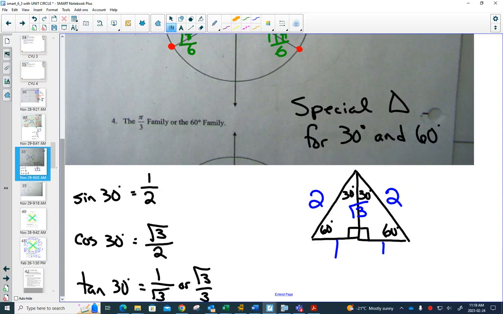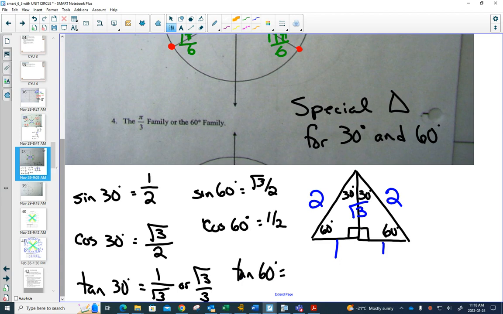And we can also write sine of 60 degrees, √3/2. Cos of 60 degrees, 1/2. And tan of 60 degrees, √3/1. So with one triangle, duplicating it, we can create the special triangle for the 30 degree and the 60 degree family,